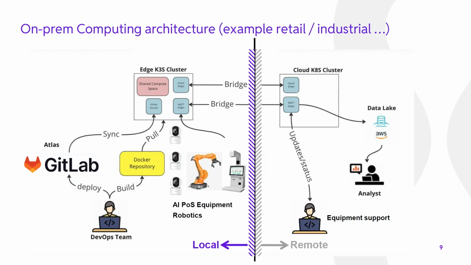In that perspective, you have your IoT devices working on-premises. They are very well connected to our edge server, connected to the DevOps team, and so on and so forth. And then on the remote side, you have your servers, your analysts, and all that stuff. So this is making life much simpler,